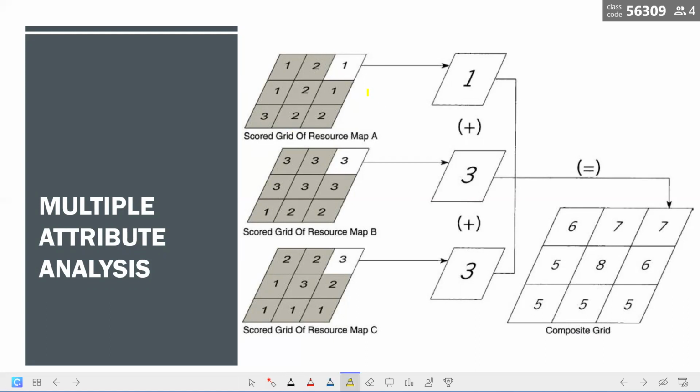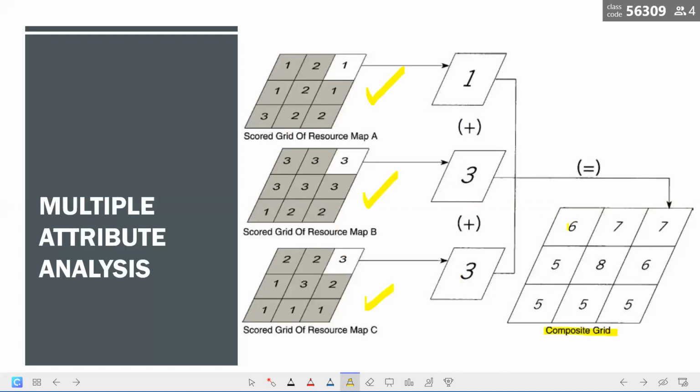So this is a score grid of resource map A, another layer for resource map B, another layer for resource map C. Now the intersection and the union analysis are two of the most common and useful algebraic functions performed on attribute layers. So what the software does is take the different maps together and overlay them to produce a composite